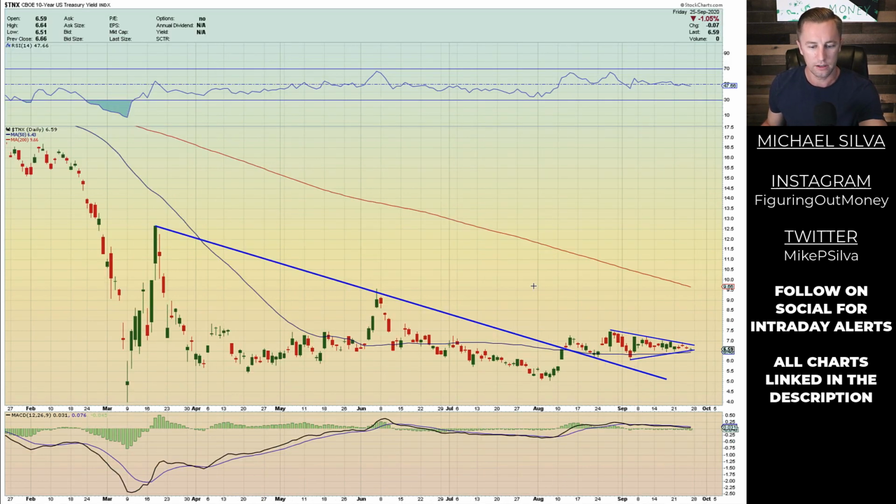The 10-year Treasury yield index here, the TNX, is down a percentage point today. It's been really just tracking sideways within this symmetrical triangle right here. And this down day, while equities had a pretty decent up day, has me a little bit concerned. I feel like what I've been saying is that we can see a squeeze higher, but if we start seeing the market roll over here soon, that's not a good sign either for equities.